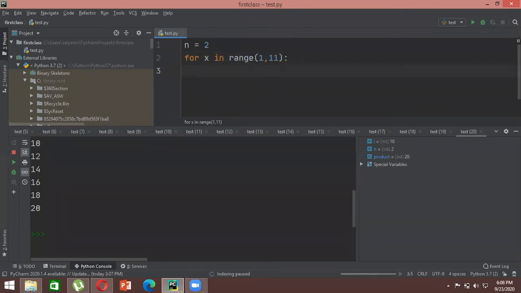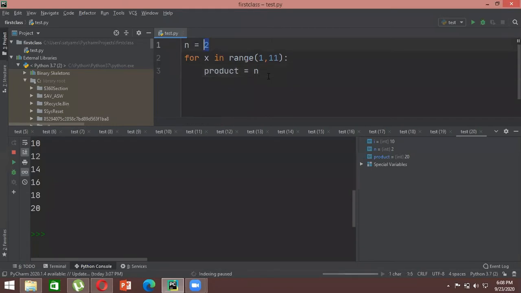And then here we have to calculate the multiple of 2. Let's say I store that value in another variable, and I write it as product. What will the product actually be? It will be n, because n remains constant throughout the table of 2, like 2 ones are 2, 2 twos are 4, 2 threes are 6.